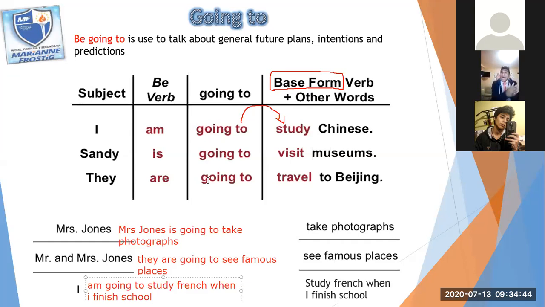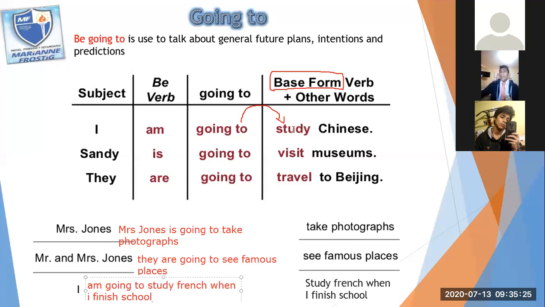Okay, not. And el not always goes, 100%, after the auxiliary or after the verb to be. Siempre va a ir después del auxiliary. Do, does, did, have, had, can. Okay, after the auxiliary or the verb to be. I am not, is not, are not, do not, does not, did not, cannot, have not, has not. Always after the auxiliary or verb to be. Okay? Very good, Naomi.